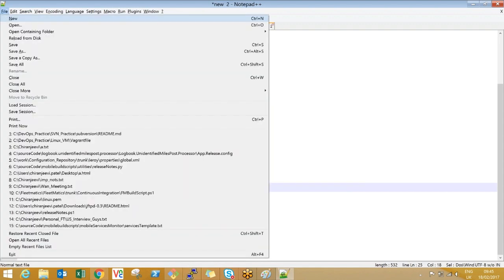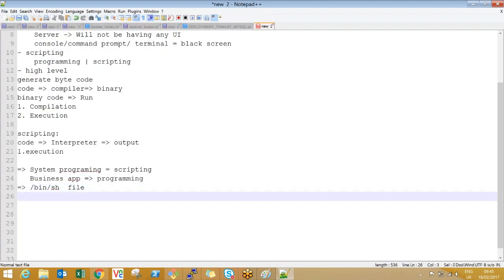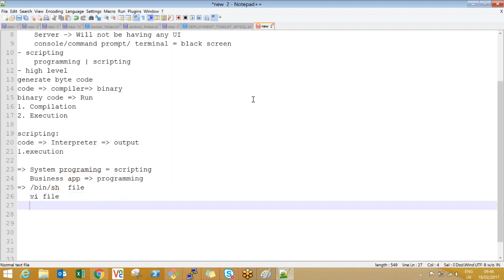Next, how do we write our first script? Okay, typically bash shell scripts people extend with .sh, file.sh, nothing but shell scripting. So see, either you can extend with .sh or even if you don't write it, it's not a problem, guys. It will pick it up, okay. And only one thing is, in a shell script, the first line you should mention your default shell, which is /bin/sh, and this line we call the shebang line, okay. The first line of a shell script should include #!/bin/sh, okay.